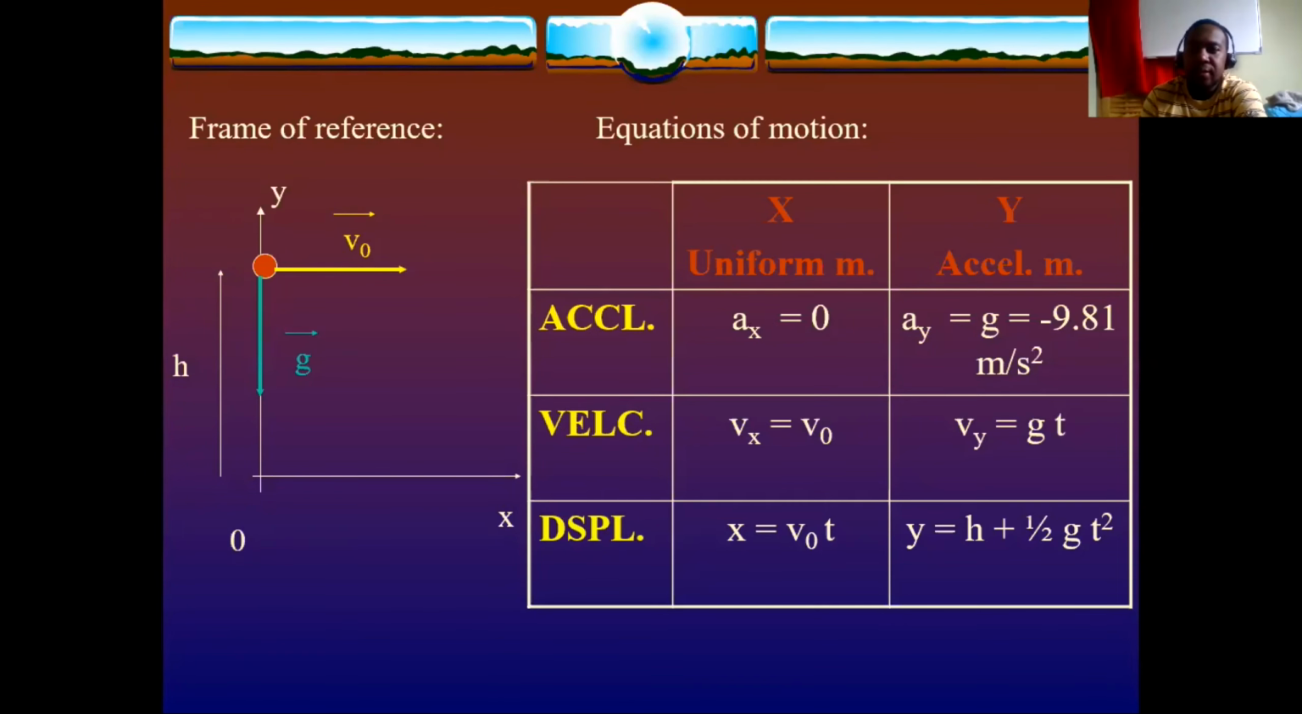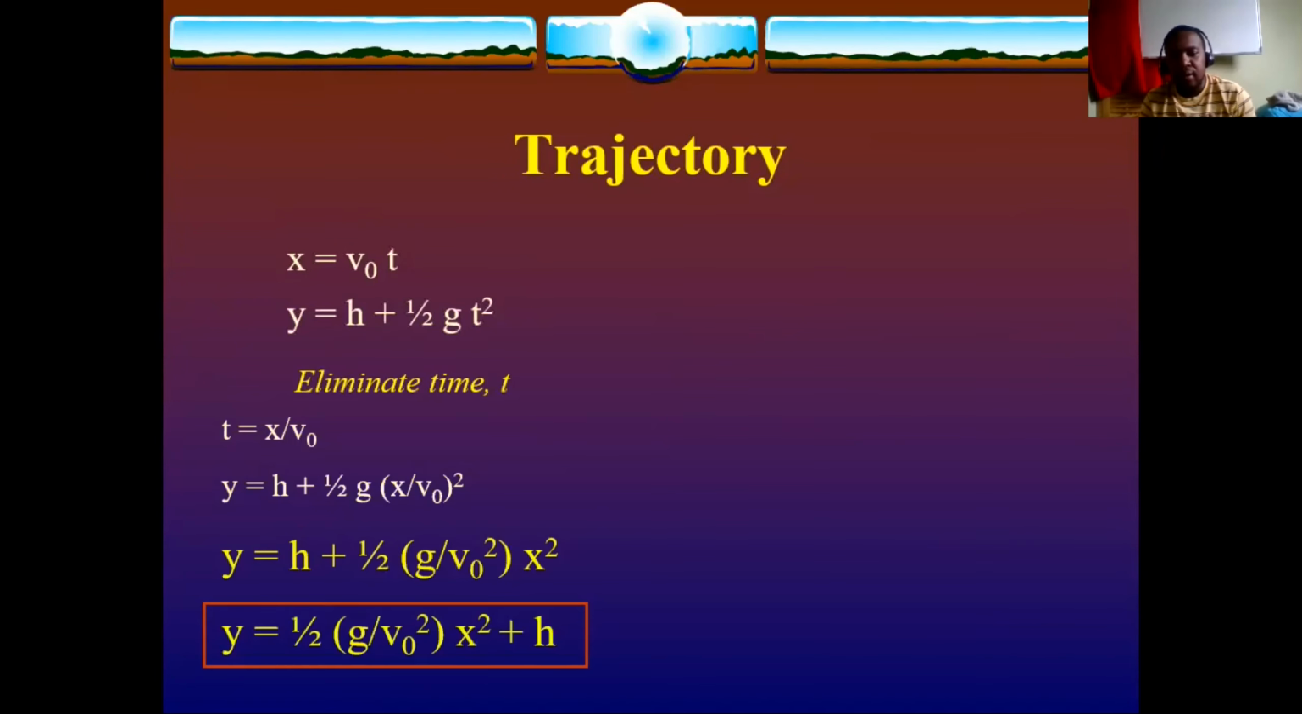All right, no questions, so let's move on. So the trajectory of the projectile motion. We know that the distance that it traveled in x is equal to v naught t. The distance traveled in y is h plus half gt squared. If we eliminate the t's, we make t the subject in x equals v naught t, so we have t is equal to x over v naught,